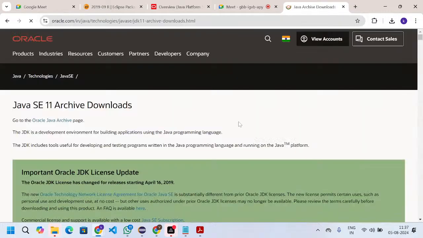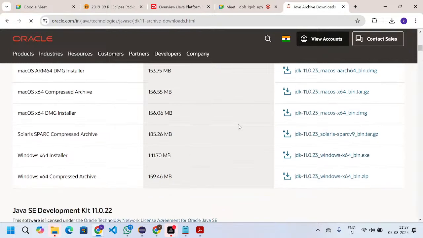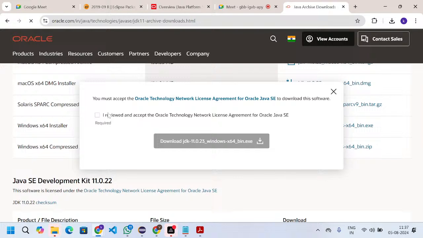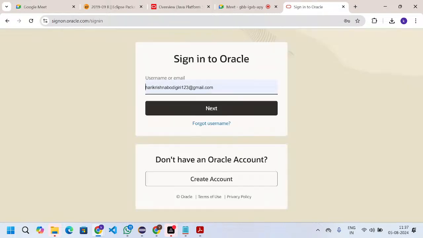There you can get that. In my case, my system configuration is 64-bit operating system. In your case also, based on which configuration your system has, you can download. If you click on it, it will ask for the login credentials. Here we need to give the login credentials, and then the JDK gets downloaded.